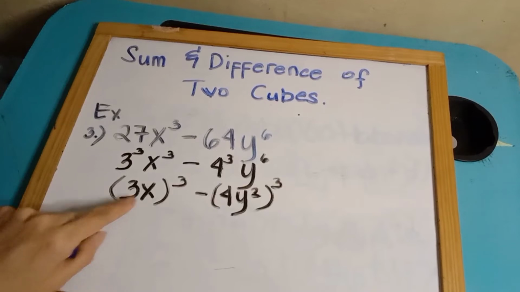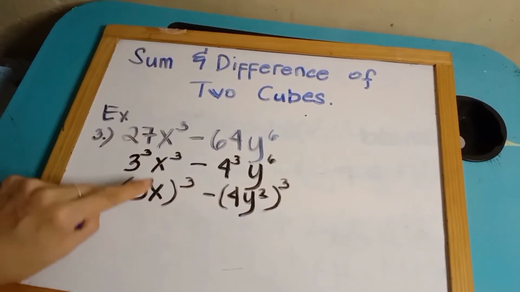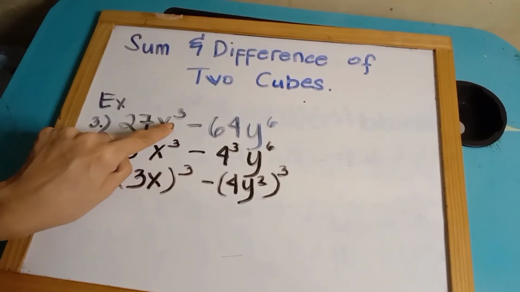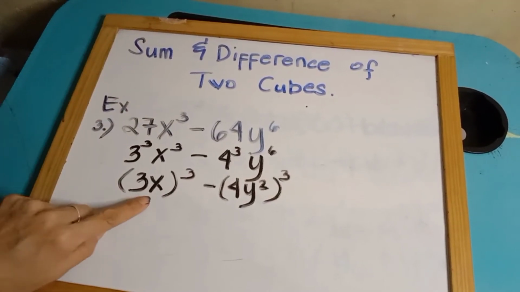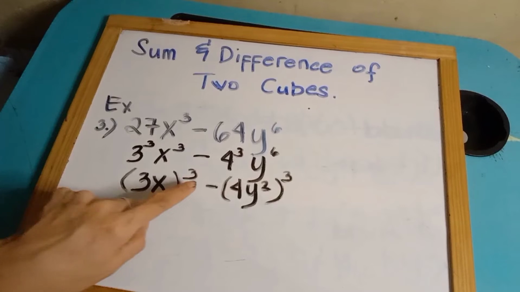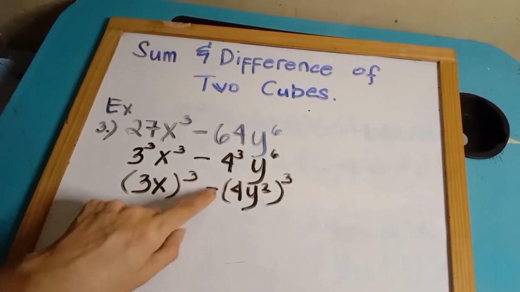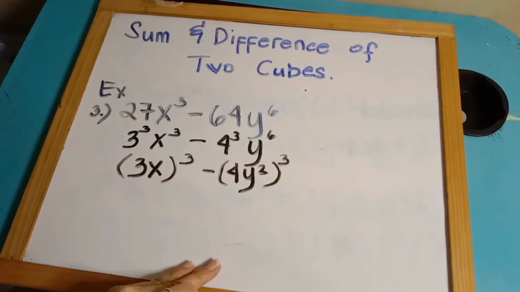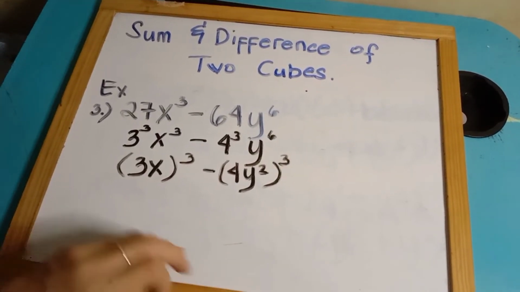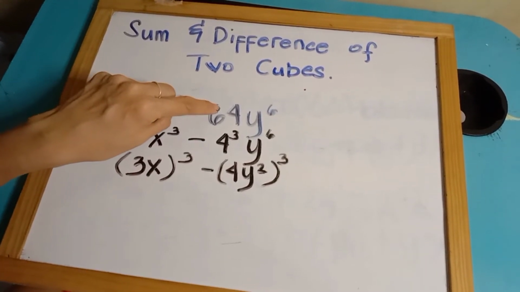So, 3 cubed is 27. X cubed is x cubed. So, 27x cubed can be written as 3x cubed. Copy the sign. And then 4 cubed. 4 times 4, that's 16. Times 4, that is 64. And then